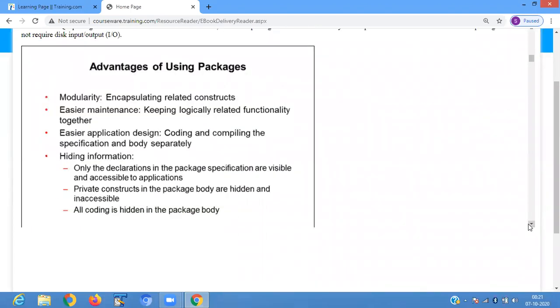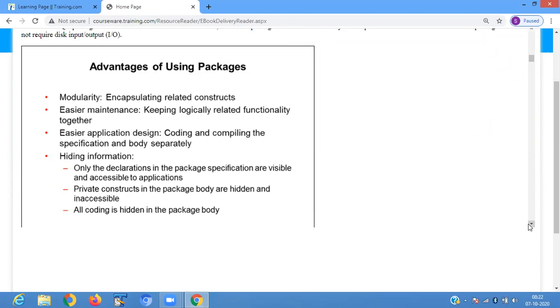Then advantages of using packages. One is modularity. Modularity means encapsulating the related constructs, meaning the portion of code which is not required for you, you have to hide it.